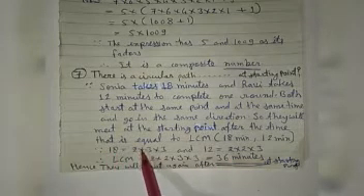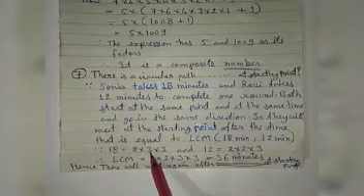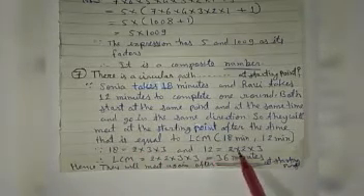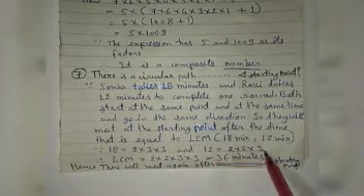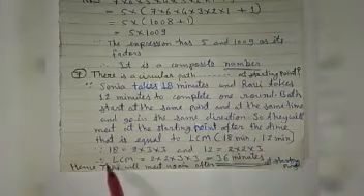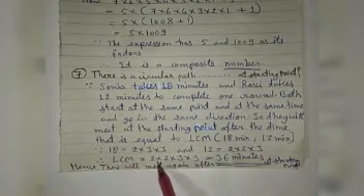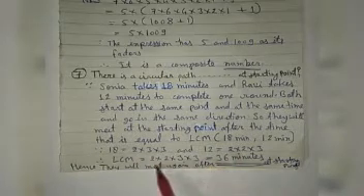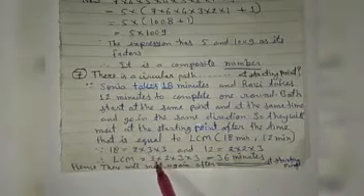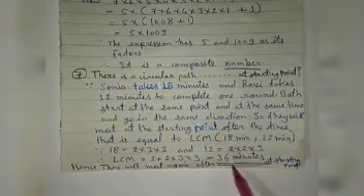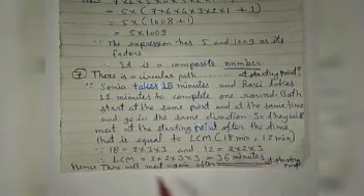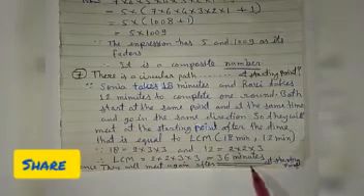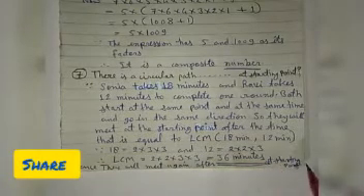18 is equal to 2 into 3 into 3. 2 3 is 6, 3 is 18, and 12 has a factor 2 into 2 into 3. 2 2 is 4, 3 is 12. And LCM is equal to 2 into 2 into 3 into 3, that will give the 36 minutes. Hence they will meet again after 36 minutes at the starting point.